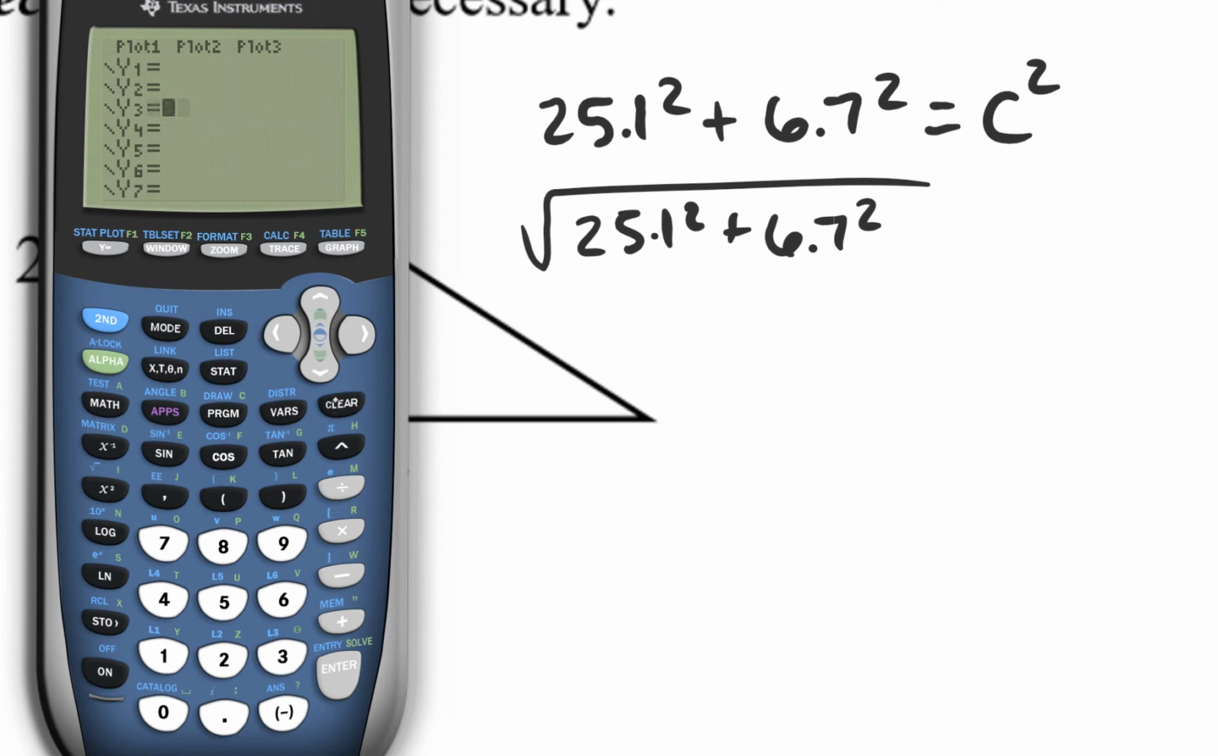So let me clear that. I'm just going to bring up the square root template. You can see it's on this button. Here's the number 7, and then up here is x squared, and in that right corner there's a square root. So I'm going to hit the square root of, and then I'll enter 25.1, and I'm going to square that number, and then plus 6.7, and I will square that number. So the square root of 25.1 squared plus 6.7 squared is